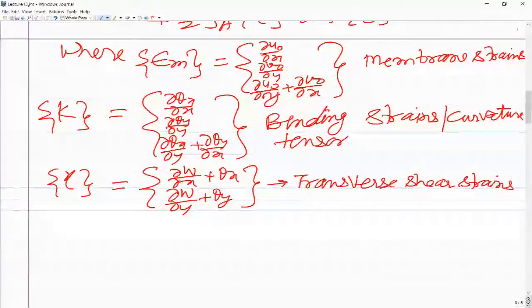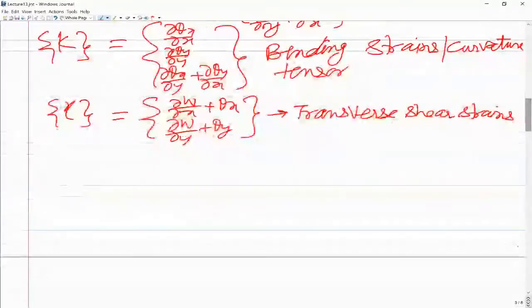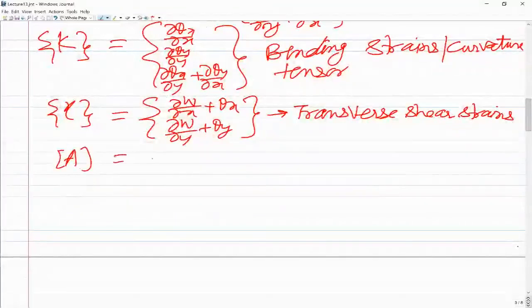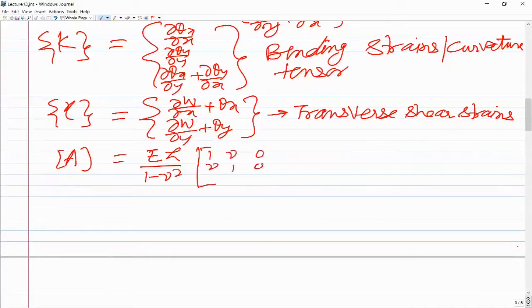And then you have these A, D and E matrices. So let me define those also. A is basically the integration of the constitutive matrix through the thickness. So E h upon 1 minus nu square, and so only h is coming. E upon 1 minus nu square into this matrix is already the constitutive matrix, as we have discussed earlier. So I am just writing the results. The derivation is similar to what we did earlier, and this in the literature is referred to as the extensional stiffness coefficients